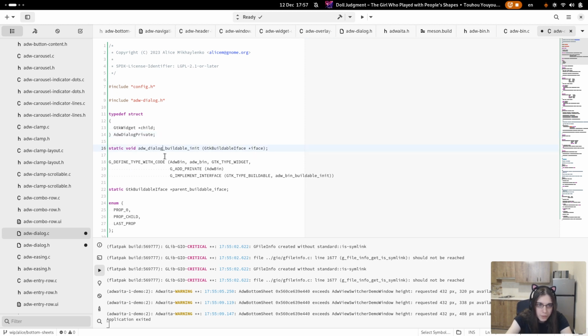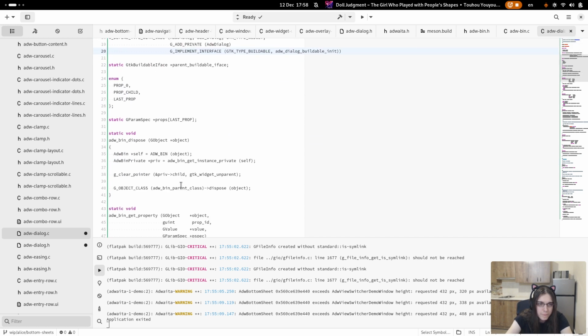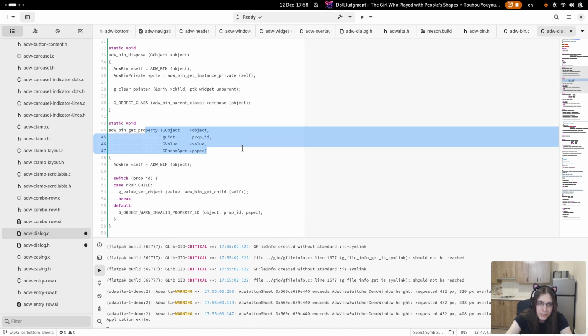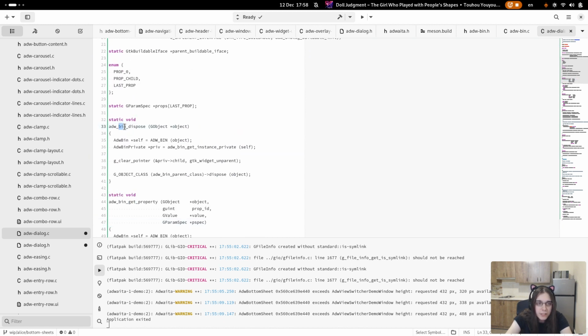Buildable, yeah, we'll need buildable. I don't want to use find and replace in general because in cases like this I need to fix indentation, and it's easier if I see what I'm doing.